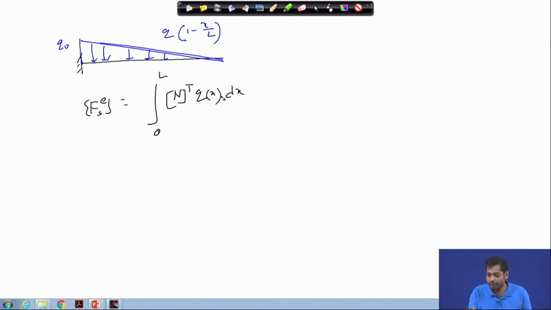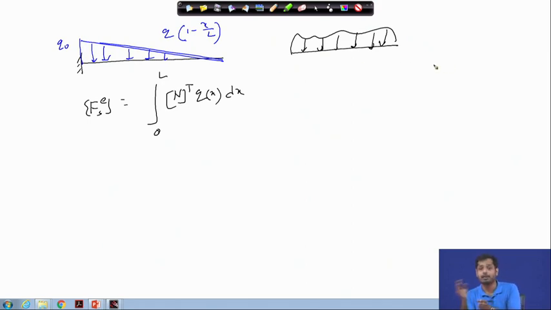vector. So, we can have any arbitrary orientation or arbitrary distribution of load on the beam element, but if we know that distribution, if we know that function, we can substitute that function in this expression and get the corresponding load vector. Okay. This load vector is called the consistent load vector. Okay. Now, once we have